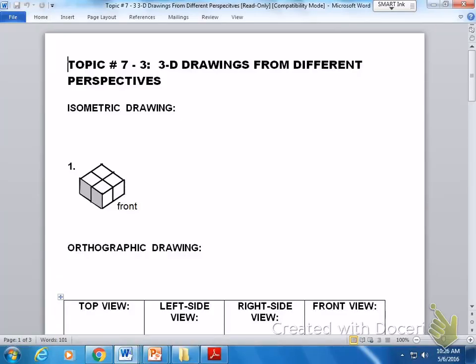Alright guys, so today we're starting 7.3. This is 3D drawings from different perspectives, and there's two basic types of drawings that we need to know. The first one is an isometric drawing. An isometric drawing shows a corner view